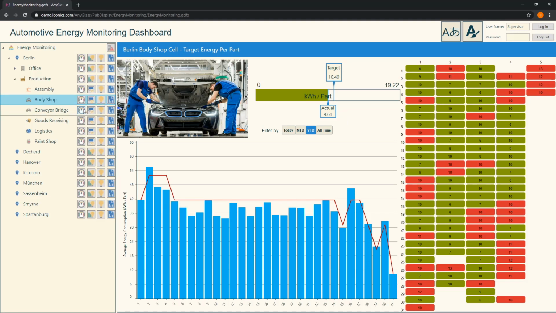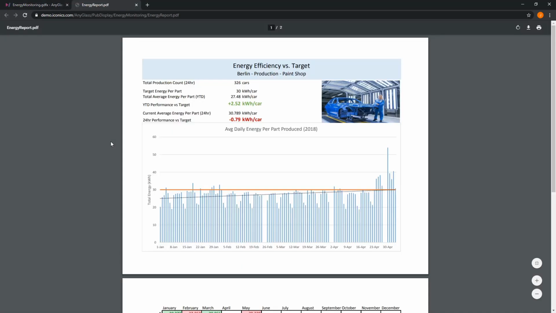Some of the other aspects that you can use within the system are that there is dynamic reporting. So this dashboard is something that you can interact with in real time as a user. If I wish to, I could use this command over here, this button on the right, which triggers the generation of a report for one of these systems. So if I look at the paint shop and want to get a summary report of its performance, I'll go ahead and click on that, and it executes the report for that paint shop and then provides me the result